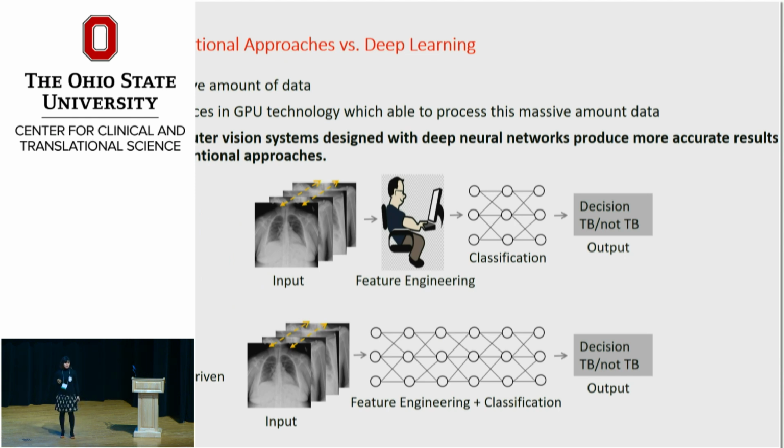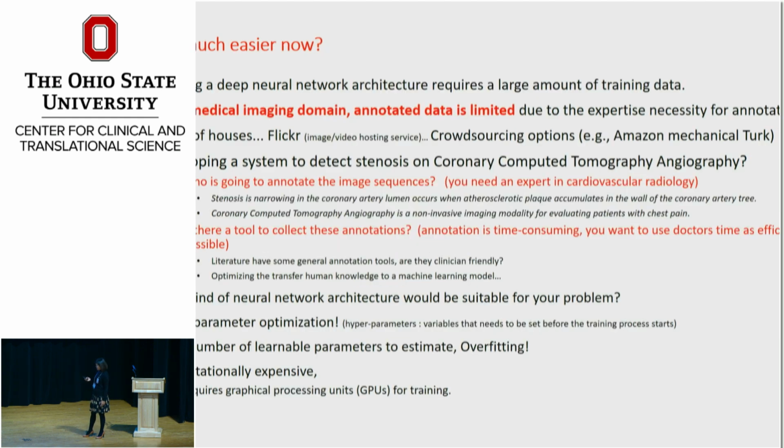But right now, deep learning is the high trend, and with the advances in GPU technology and the massive amounts of data, computer vision systems designed with deep neural networks started to provide more accurate results than the conventional approaches. But what is the main difference? This is a very rough illustration, and as you could see,